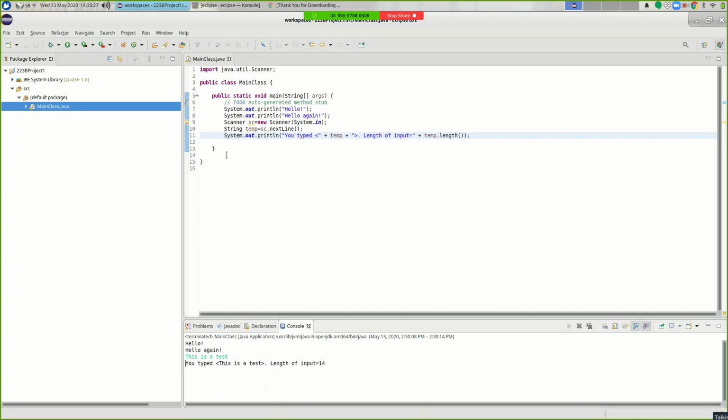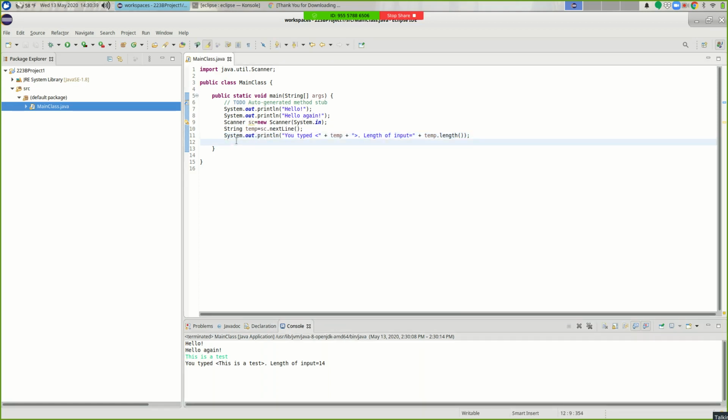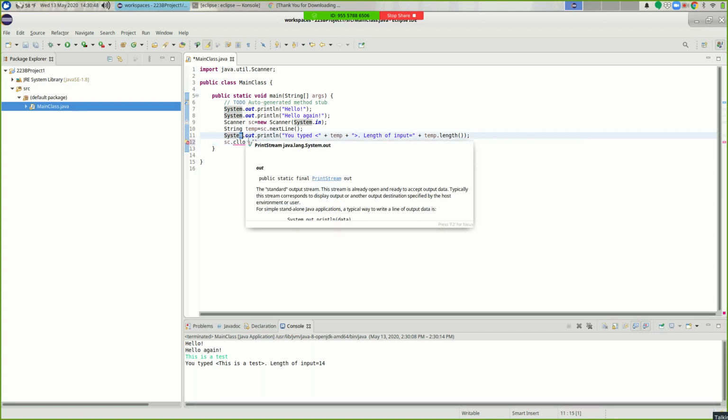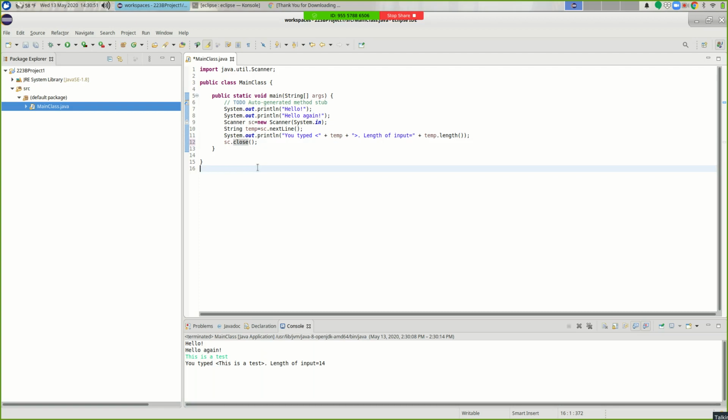So that's basic setup. This warning here is basically saying that SC is a resource that could be closed. We don't need to close it because we're opening it on standard in, but if we did close it, without typos, then that warning goes away, and now it's nicely happy. But I don't like closing standard in, because then if you want to read something later on, you can't. So there's a basic development cycle.